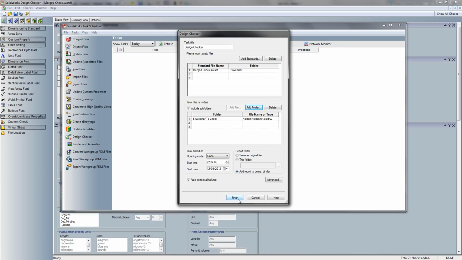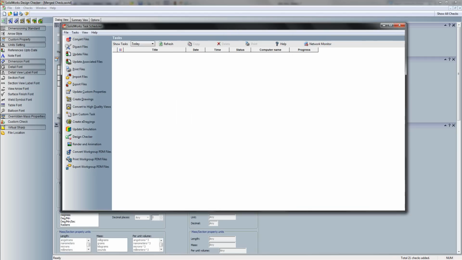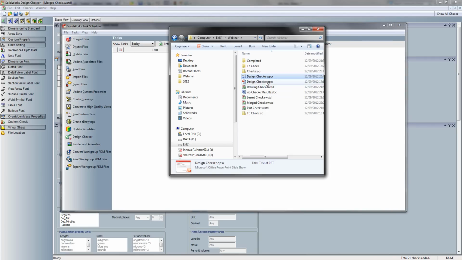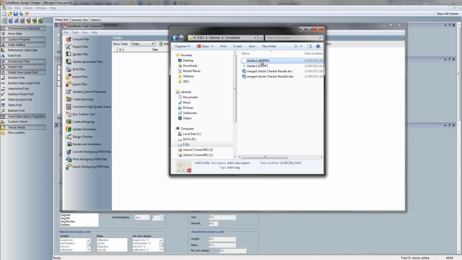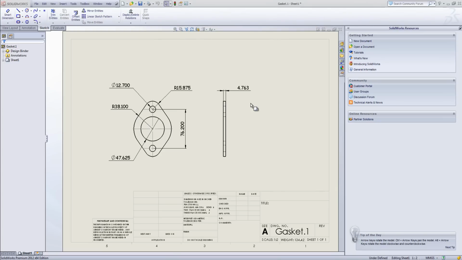Now I'm not going to do it in this particular example because it takes a minute to run through. What I'm going to do alternatively is just to show you in this design what the completed one would look like. So I'll bring up this model that I've created. Okay, here's a drawing. Here's the changes that have been made. And on this design, I want to go through the document. And you see that the design binder shows up with 2 Word documents in it. This merge checks